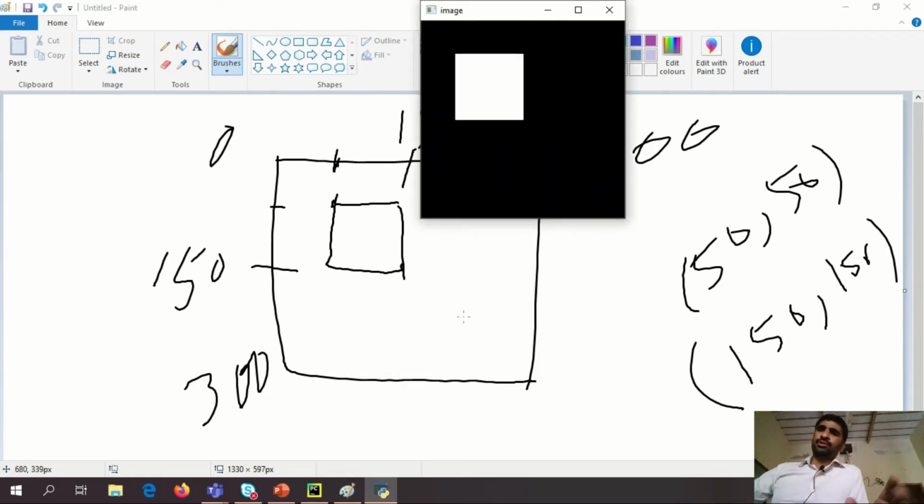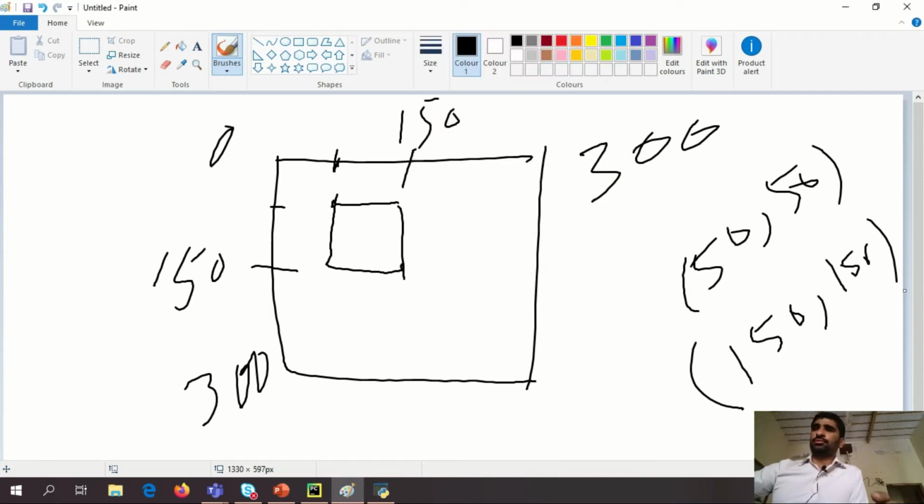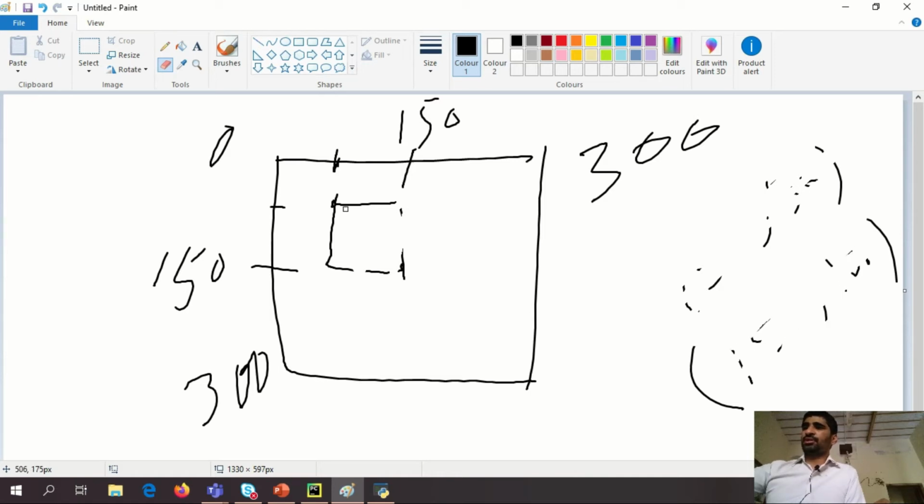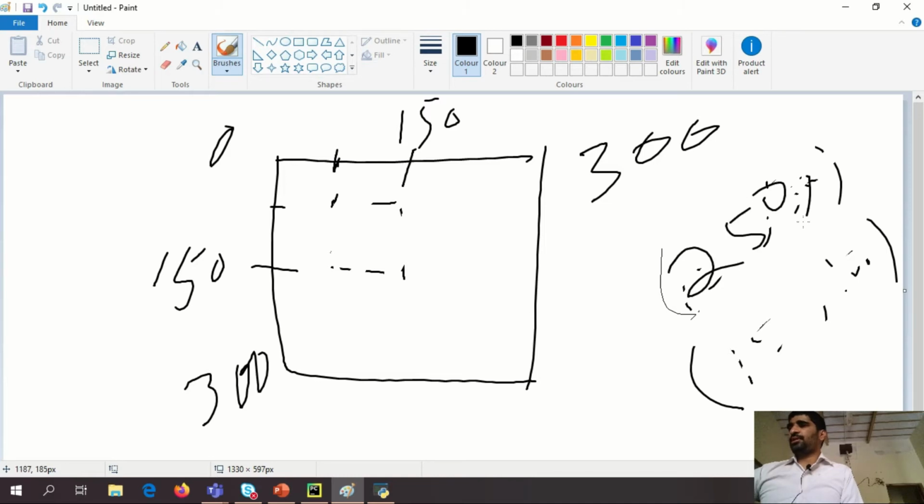Now, if we want to change the dimension, I want to say, okay, make my rectangle in this position. It has 250, 250, and it may have 150,